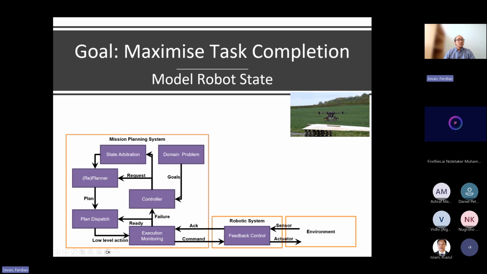Another thing that we need to monitor and refine is the intangible state of the robot and of the world state as well. That might depend on the environment and the condition of the robot itself. Here I'm talking about the duration needed to complete the action, the battery or fuel consumption per hour, and also the success rate of each action that has the embedded monitoring system we just talked about in the previous slide. We need to monitor that and represent that in our domain as well. That needs to be tracked.